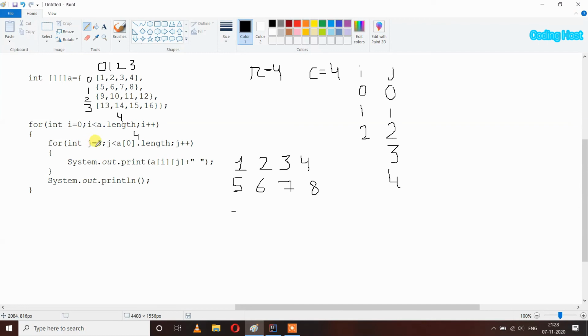Now it will execute the for loop inside it. So again loop j starts from 0 to 3, but in this case value of i will become 2, and it will print all the elements at indexes 2 0, 2 1, 2 2, 2 3 and so on. So after that we will get rest of the elements 9, 10, 11, 12, 13, 14, 15 and 16 in the output, and so on. So this is how we can declare 2D array and print the elements of 2D array in Java. Thank you.